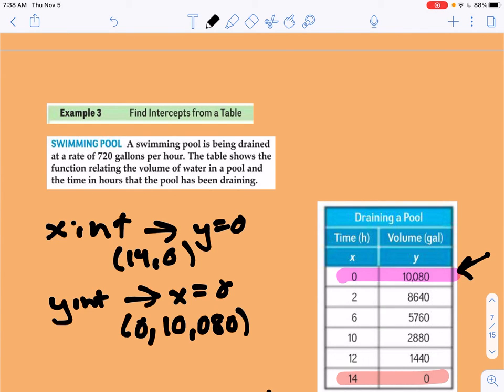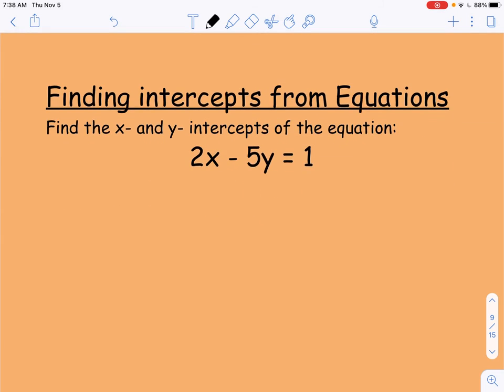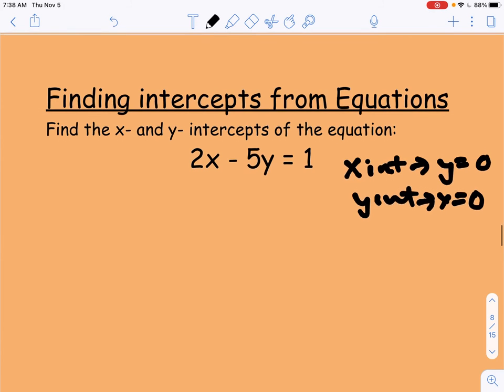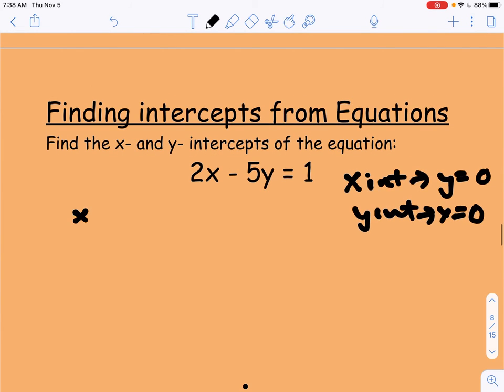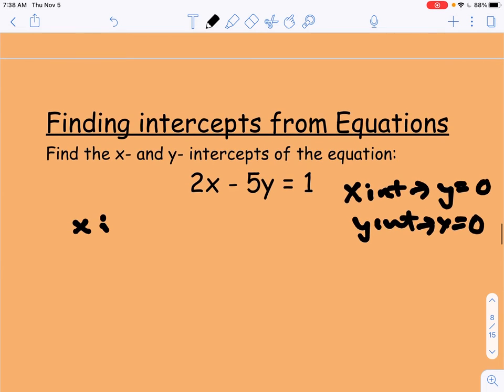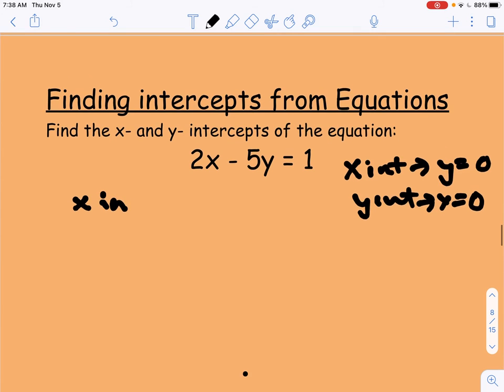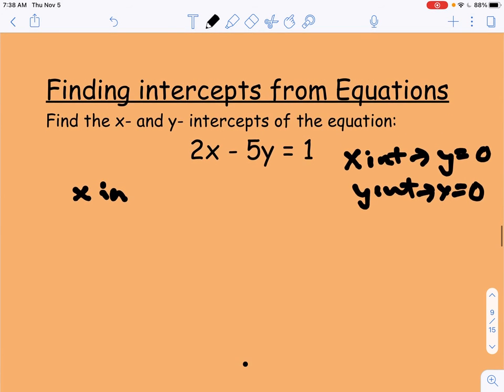All right, now we're going to find intercepts from equations. We've been talking about how when you're finding your x-intercept, your y-coordinate is 0, and when you find your y-intercept, your x-coordinate is 0. So we're going to use that in this equation form to help us. If we're going to find our x-intercept,